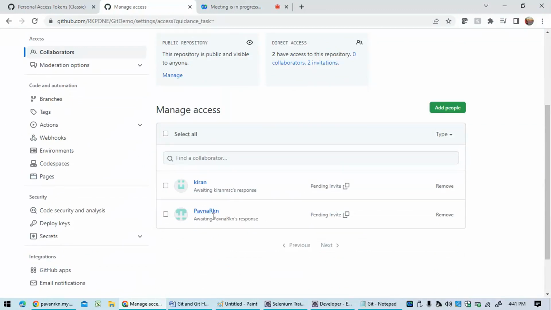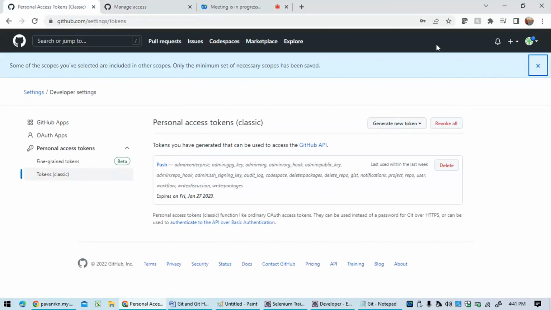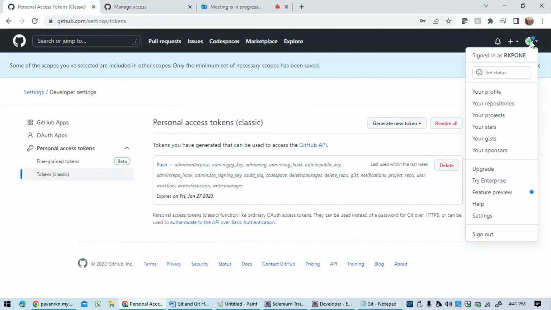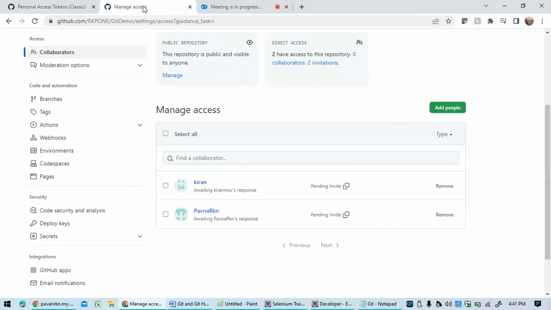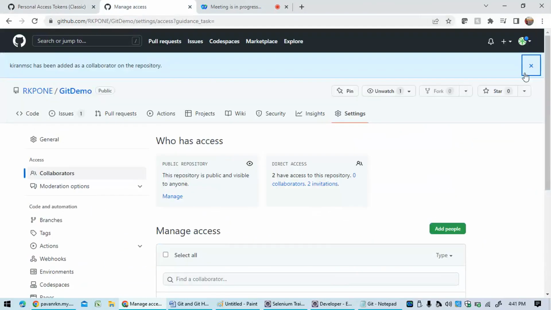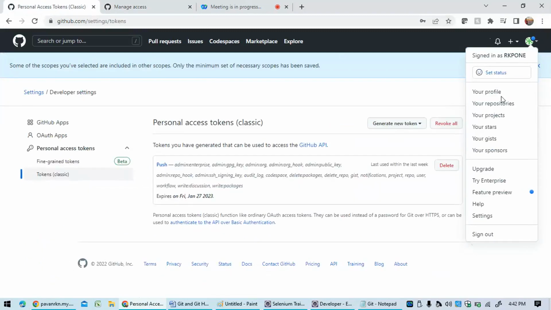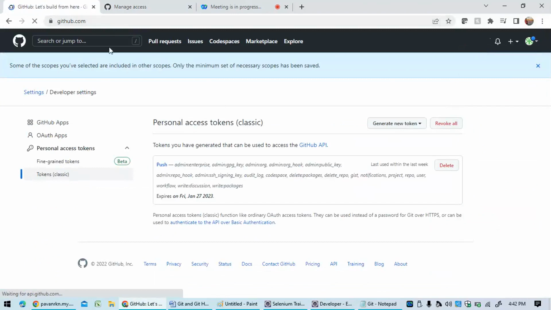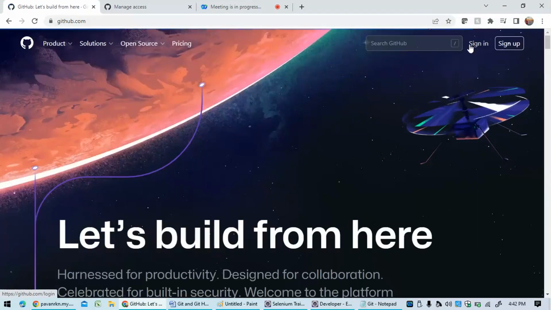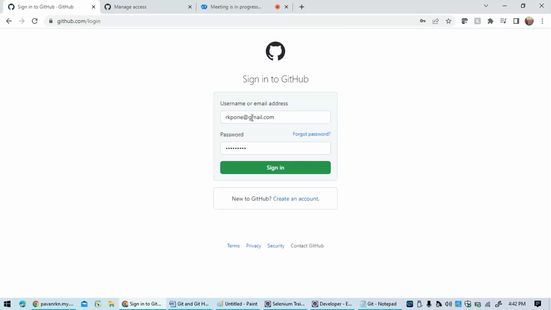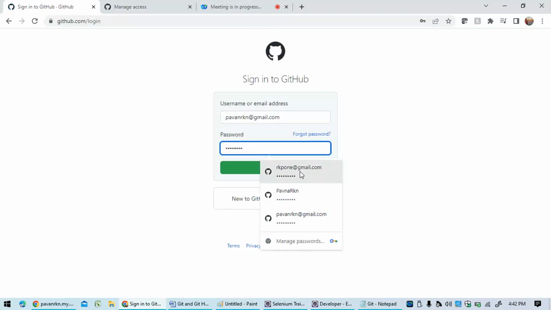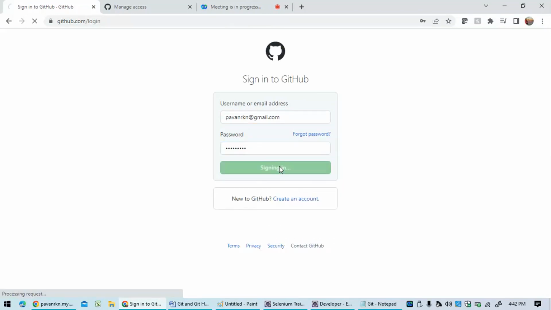Once you add that particular person here, you will be able to see the person added. Similarly, I have already added Pavan RKN. So let me show you whether Pavan RKN has that or not. Let me log into Pavan RKN so that you will be able to see that. Pavan RKN is my another GitHub ID,